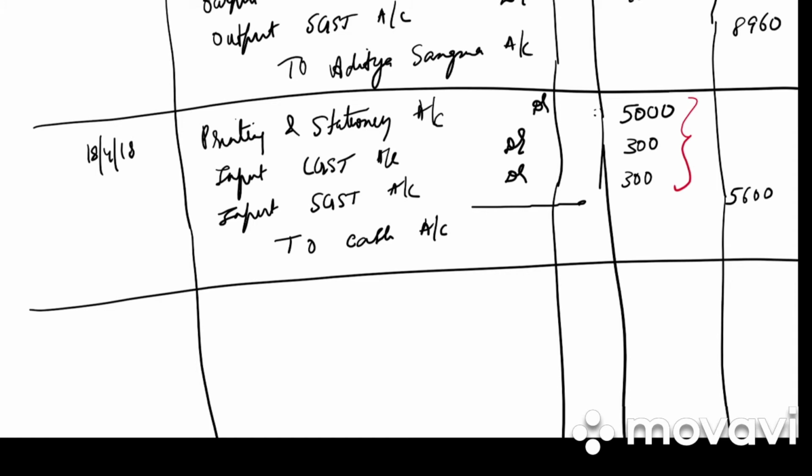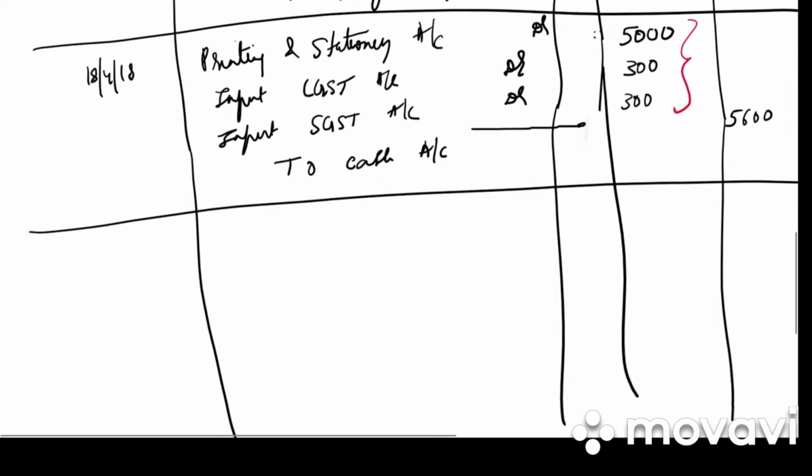Whenever you go to any shop, next time onwards see the bill. आपको वहाँ clearly दिखेगा CGST at so much percent, SGST at so much percent. So it becomes very easy for you to understand this particular concept. Total amount कितना रहेगा, and then they add your CGST and SGST. So write down the narration. Paid for printing and stationery.